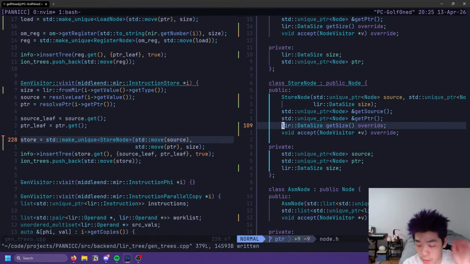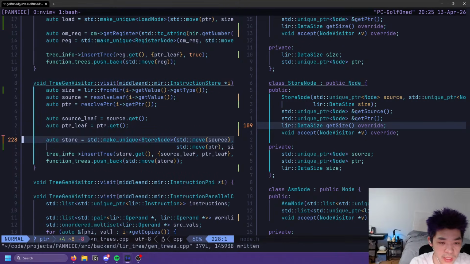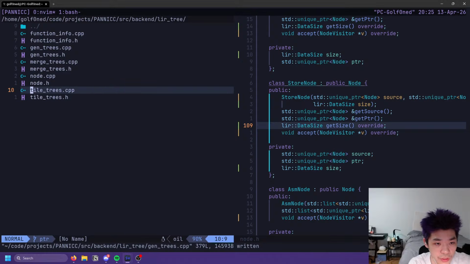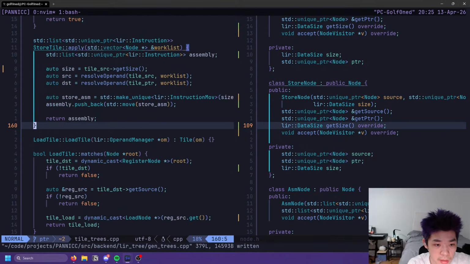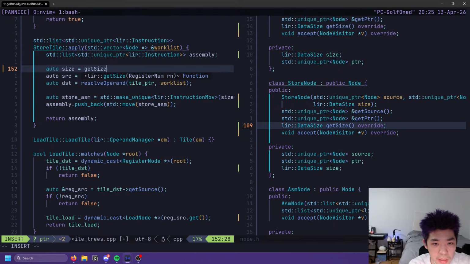Okay, so we can do all of that, and so that encodes the size for us. And then we can go to tile trees, and then we can make size, just tile, or we can just do get size, I think.